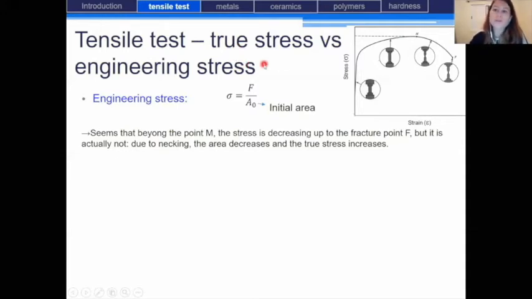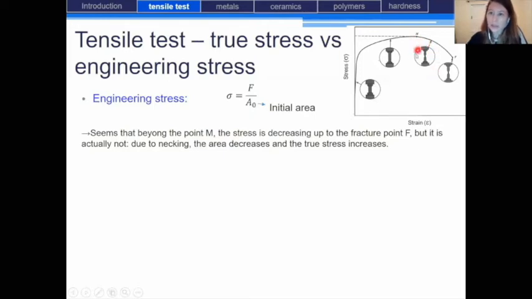So now let's talk a little bit about the comparison between the true stress and engineering stress. So up to now, we were talking about engineering stress that we defined as the load divided by the initial area of the specimen, so the area of the surface on which we apply the load. And if we look back to this graph, we can see that after the point M, it seems that there is a change of the shape